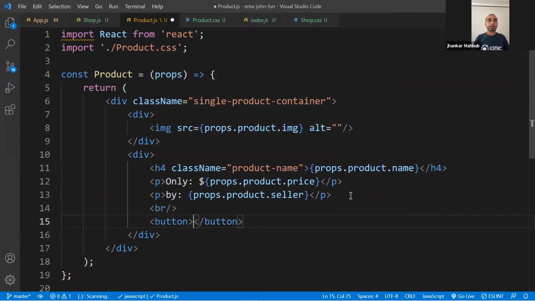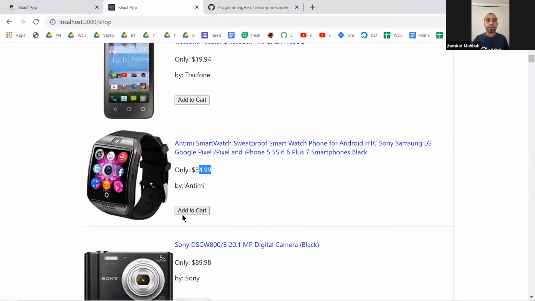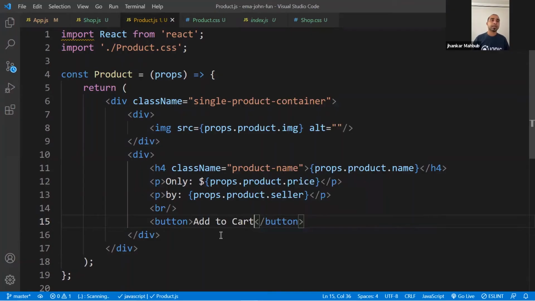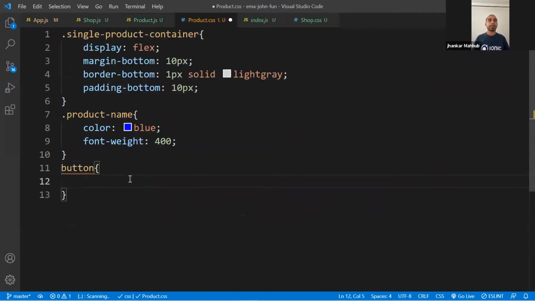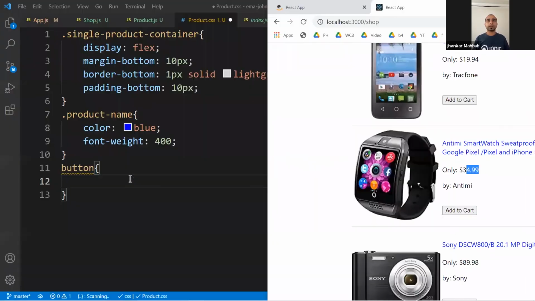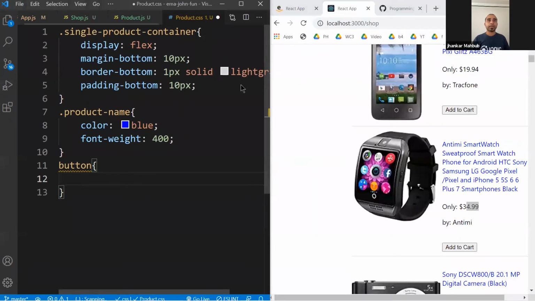So we'll create a button and add to cart. This is what we are actually most interested in. So you have a button to add to cart, so that this is added to the cart, and that will be a fun thing. And you can add some style to this button. For this button we need to add some style. So do this style to say a background color would be some golden brown. So you will see something like this.